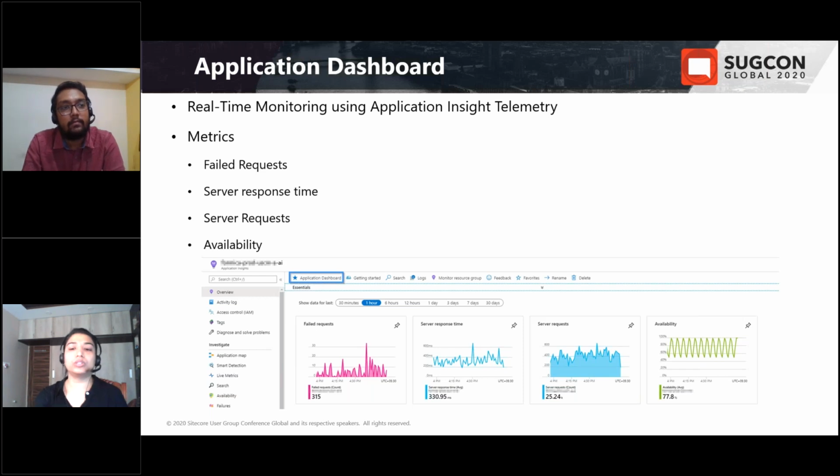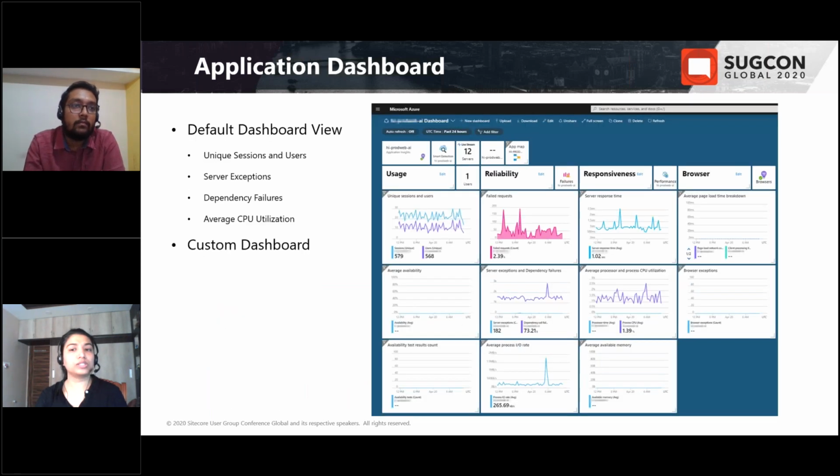Now let's explore the default application dashboard provided by Azure Monitoring. This is the default view of the application dashboard. Here various metrics are added and divided into 4 categories, which are usage, reliability, responsiveness, and browser.